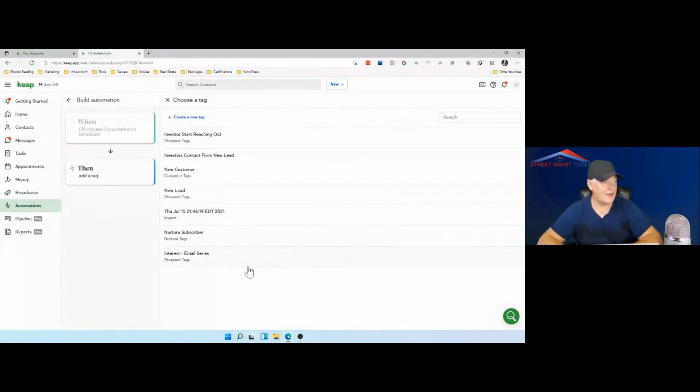So we have in new customers category tags, new leads category tags, and then we have done import yesterday, so that is added, and nurturing, right? Interests. However, we created investors start reaching out, right? And we created also investors contact form new lead. We created when we use the form.